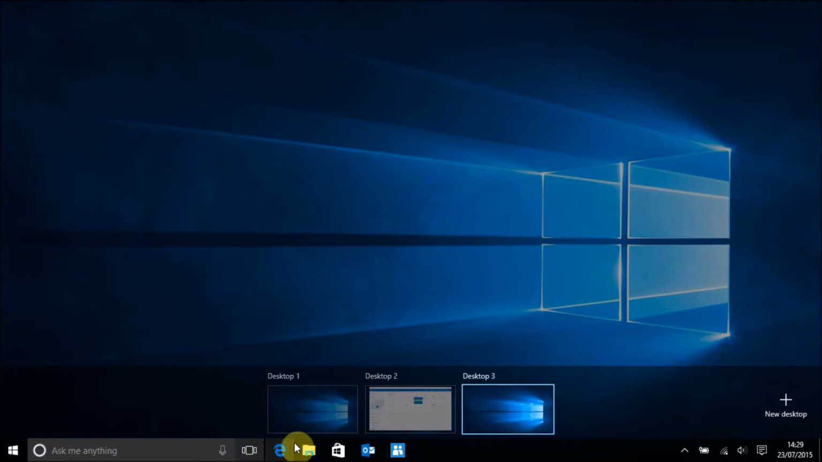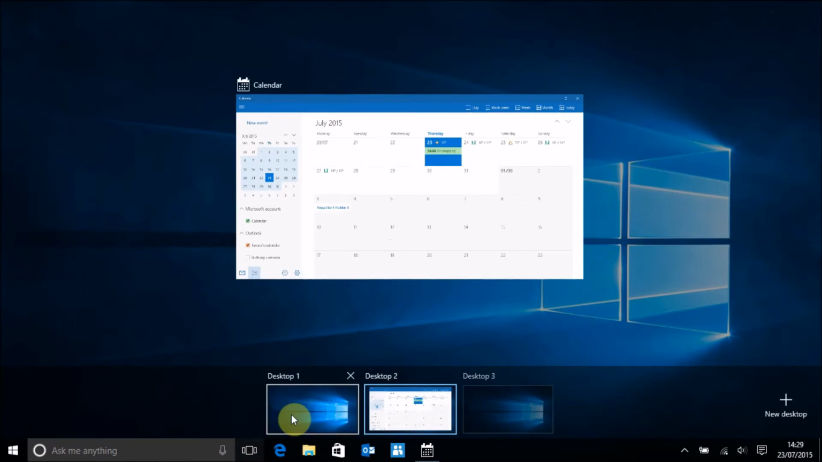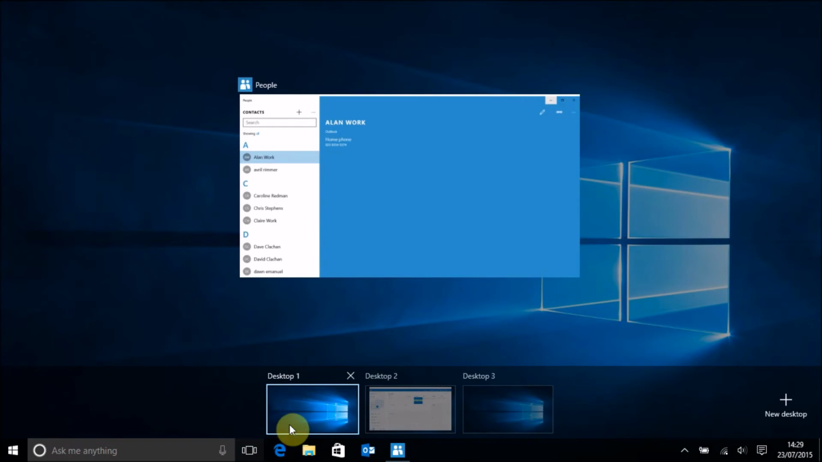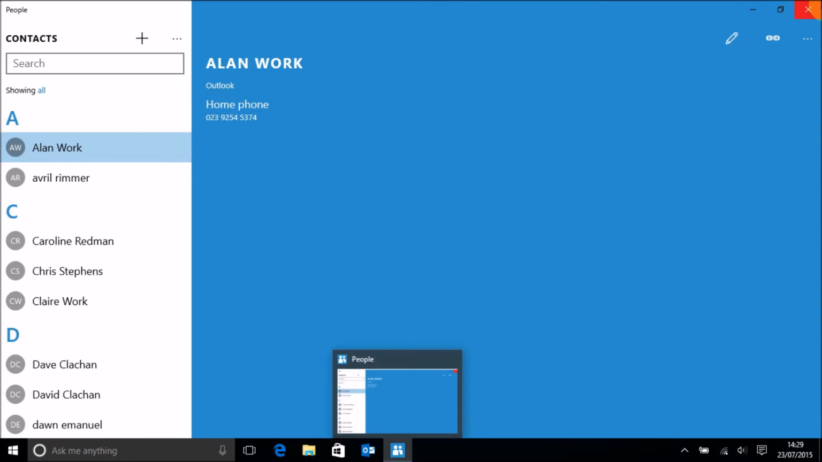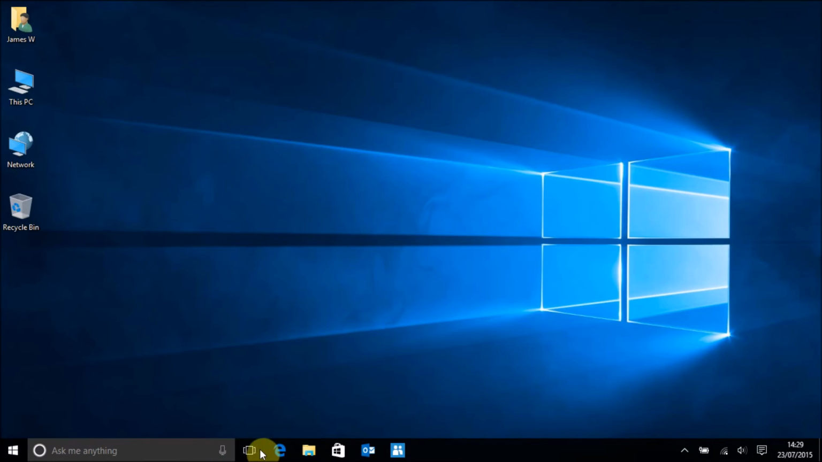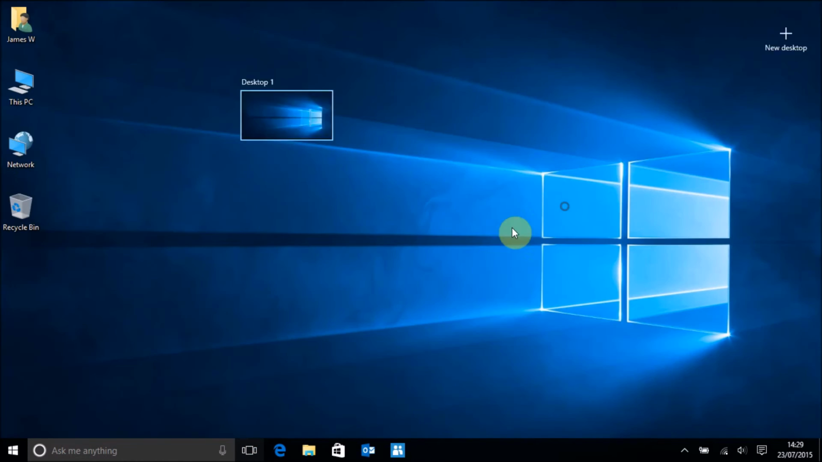And there we are. So we've got nothing on 3. We've got our calendar on 2. And I've got my contacts on 1. So that's quite a nice feature, the addition of that. And also, you've probably already noticed Cortana, this search bar down here on the taskbar, and